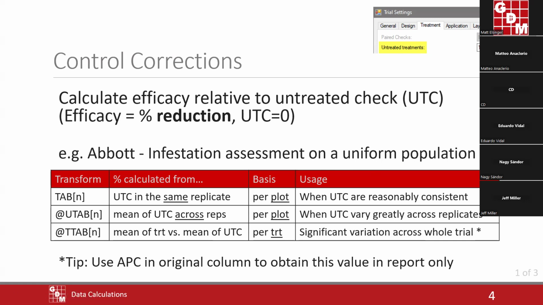So I'm going to have some plots out in my field where I do nothing to them, and I want to compare the response for the treatments of interest. How does that response compare to having done nothing? And that can be really useful to understand the responses we're seeing